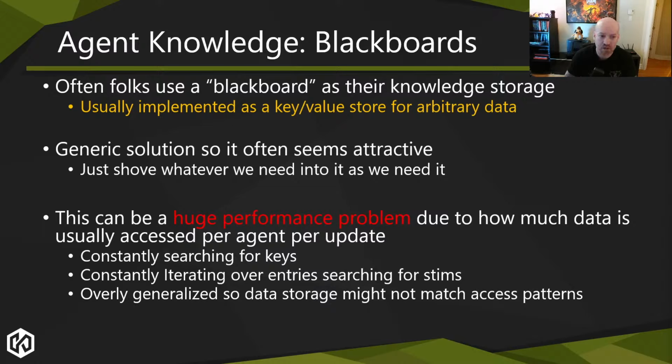And because it's a big key value store, the underlying data structure may not be linear, depending how it's implemented, who knows? It might be because it's arbitrary data. Every value is a pointer to something else. You're constantly cache missing or dereferencing random stuff. And this is primarily a side effect of the overgeneralization, because you have very specific access patterns, but a blackboard will never match those because it is meant to be just key values. And that's kind of it.